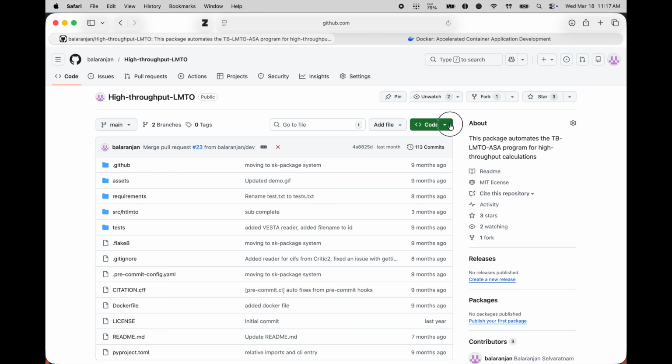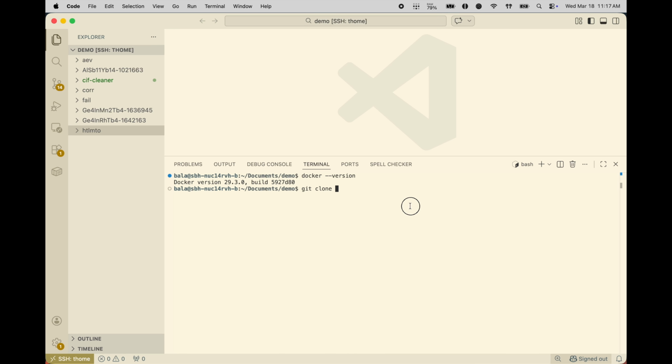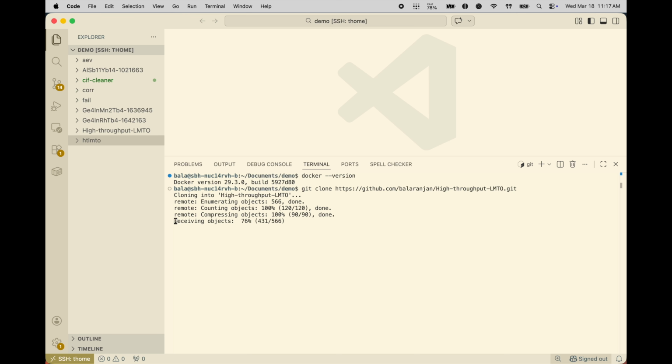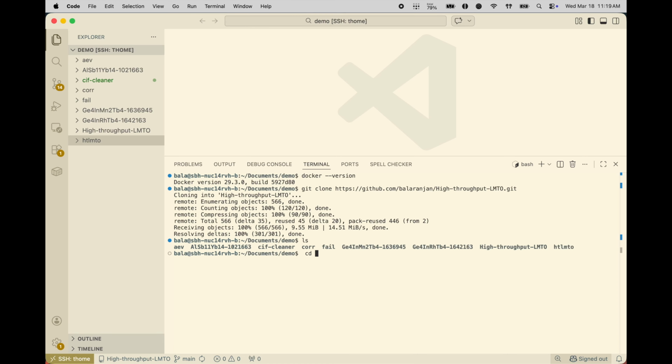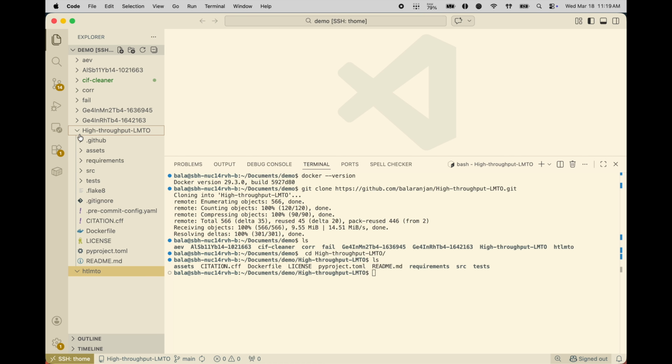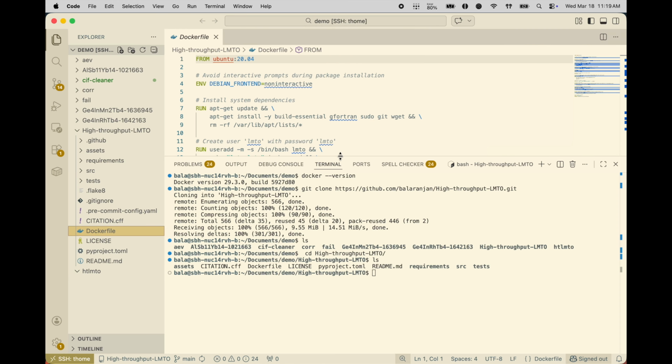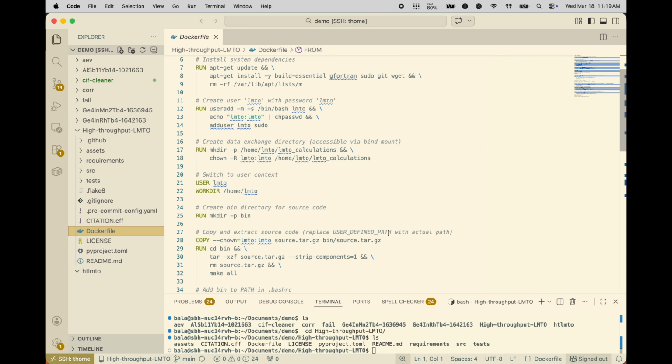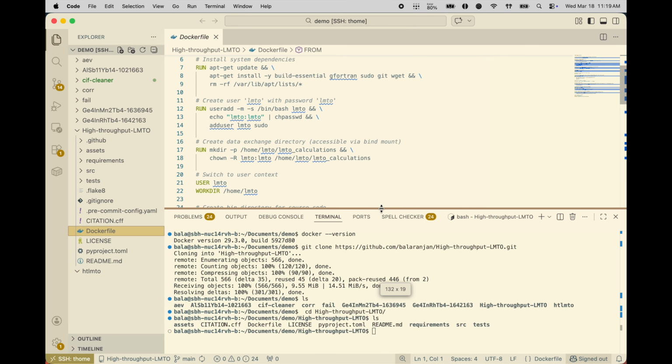So to do that, type git clone and then the URL of the repository. Then move into the directory by typing cd high-throughput-LMTO. Now that we are inside the repository, let's see what the files are. To do that, type ls -la. So here you can see the Dockerfile, source code, tests with sample zip files, and all the configuration files